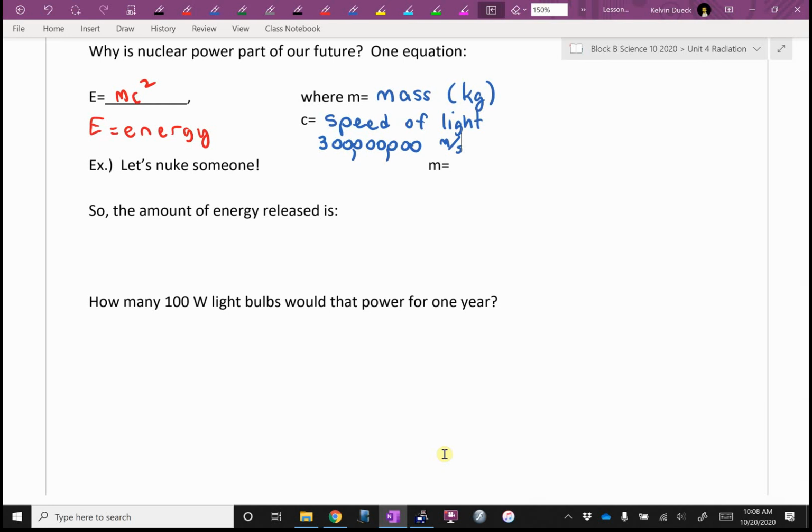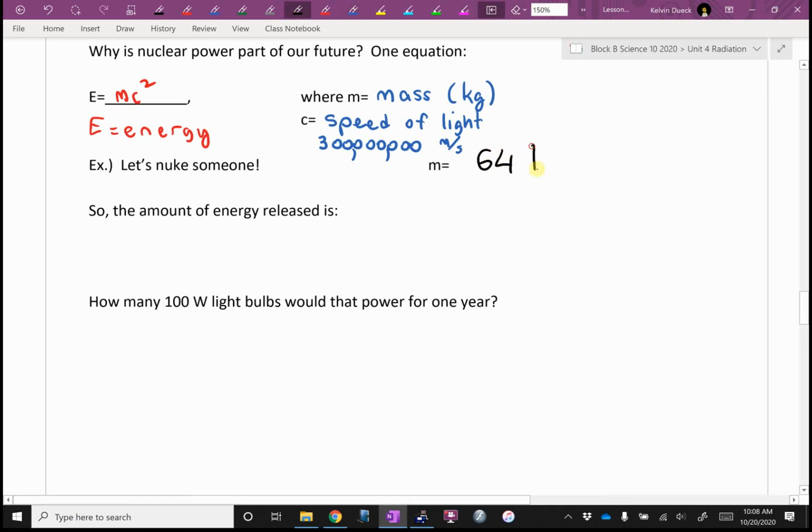So let's nuke someone. Okay? You're going to need to get out your calculator. So let's suppose we took all of the protons and neutrons and electrons that make up TABI, and using E equals mc squared, we converted them to pure energy. How much energy is there? So TABI's mass was